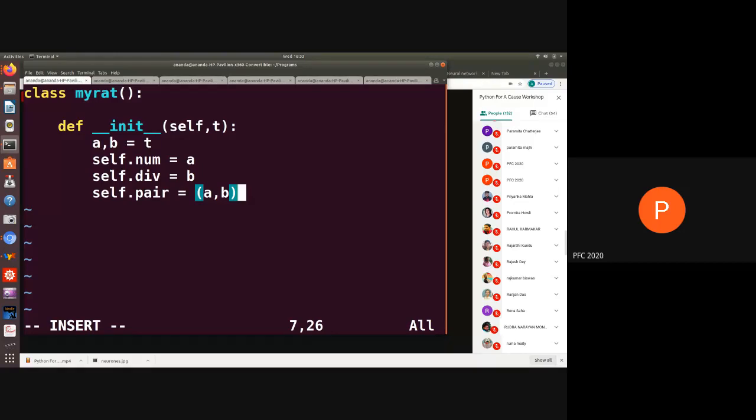This is very trivial, but you must realize one thing. Suppose somebody gives you 4 by 2. Do you really want it to be 4 by 2? Or would you want it to be 2 by 1? Or maybe somebody gave you 15, 21. That means you're trying to write 15 by 21, but we would all agree that instead of talking of 15 by 21, I would cancel the 3, the HCF, and then I should get 5 by 7, right? So instead of doing this, what I should do perhaps is first calculate